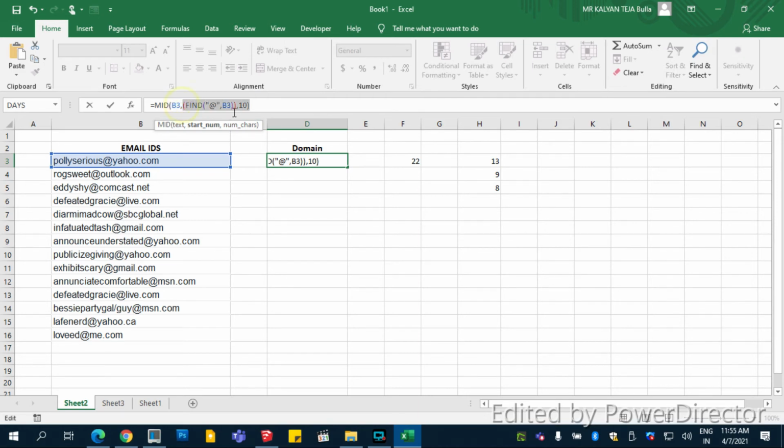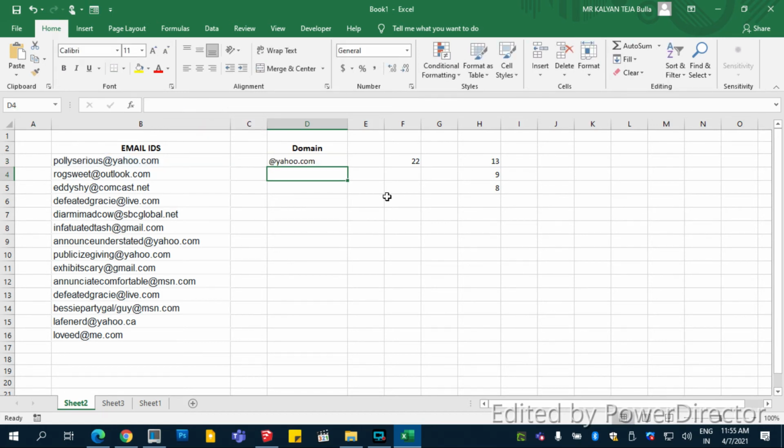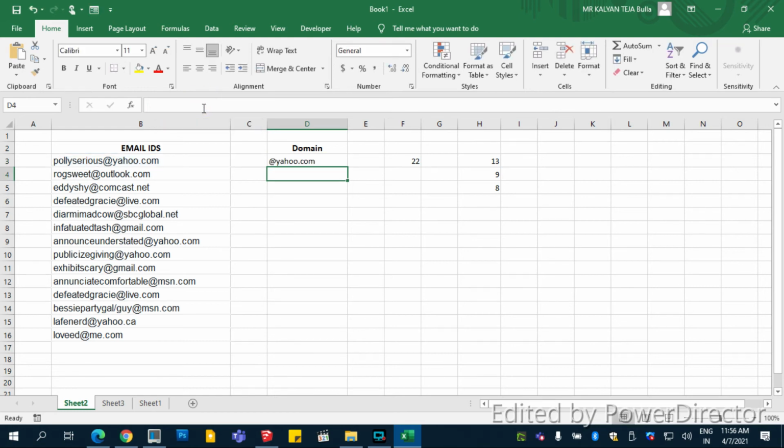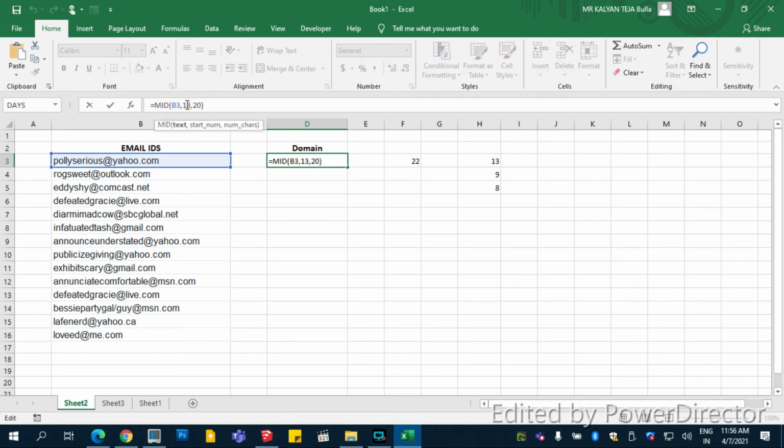If you replace this entire thing by 13, you get @yahoo.com, because you're taking B3 from the 13th character and 10 characters after that. Even 15 or 20 characters after that, it's going to remain the same, because after that there are no more characters in the string, and it doesn't show anything extra. So B3 from the 13th character. How do you know it's the 13th?